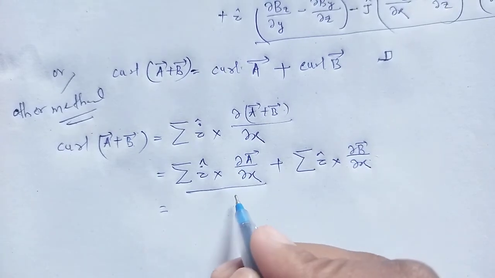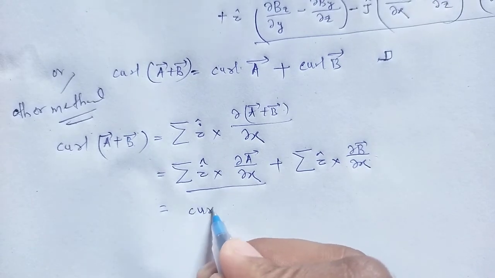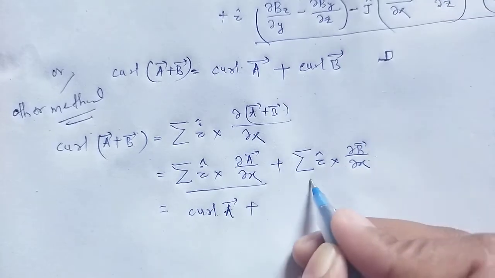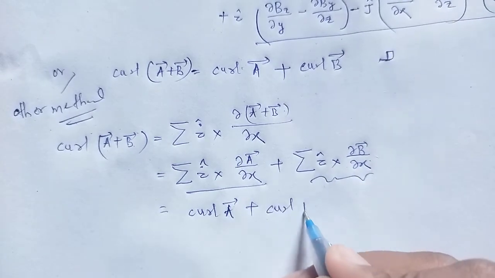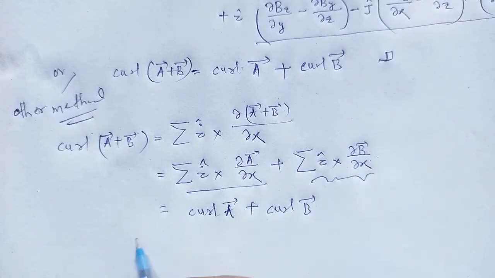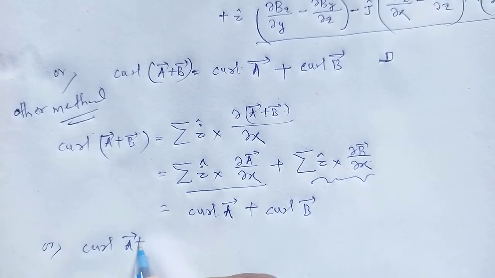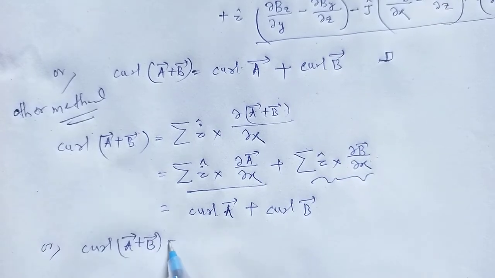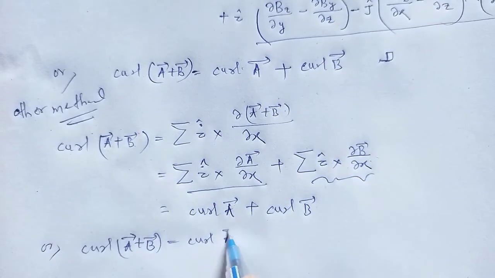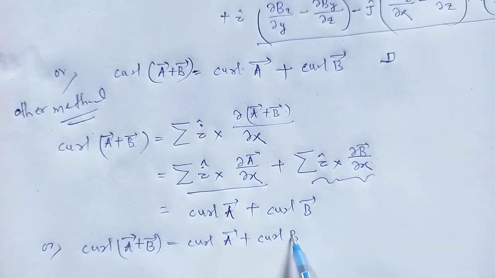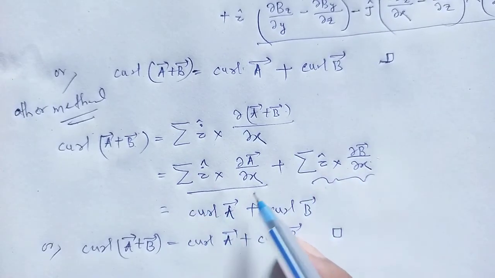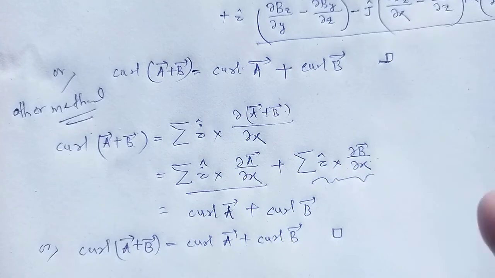In that notation, that is nothing but the curl of A vector plus the curl of B vector. That's why we can say curl of A vector plus B vector is equal to curl of A vector plus curl of B vector. Proved. This is the other method to prove that property of curl. Again, another important property of curl of a vector,